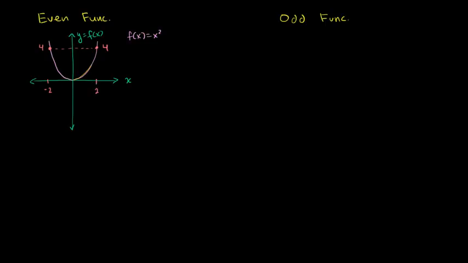A function is even if and only if, so it's even. And don't get confused between the term even function and the term even number. They're completely different ideas. So there's not at least an obvious connection that I know of between even functions and even numbers, or odd functions and odd numbers. So you're an even function if and only if f of x is equal to f